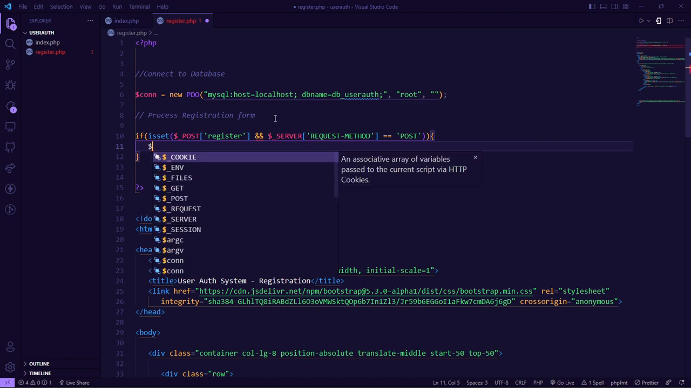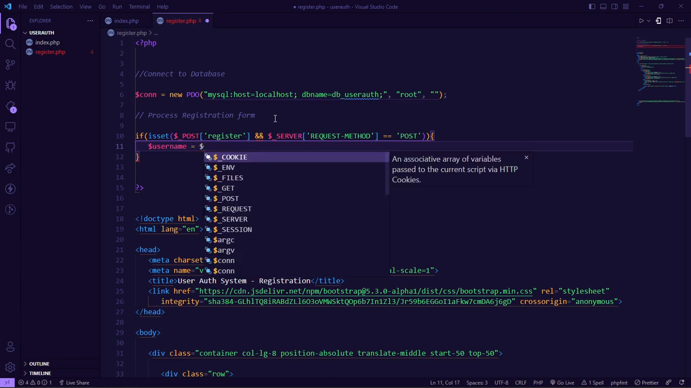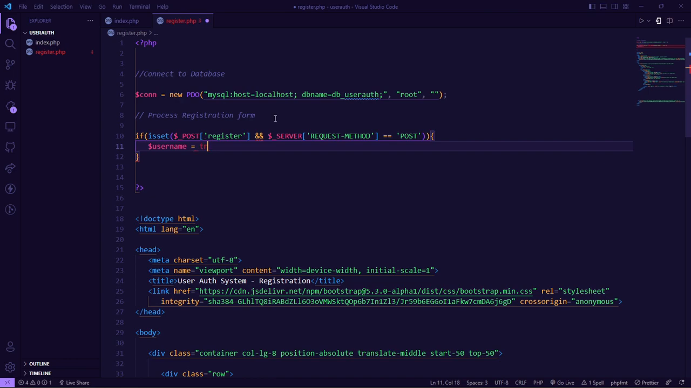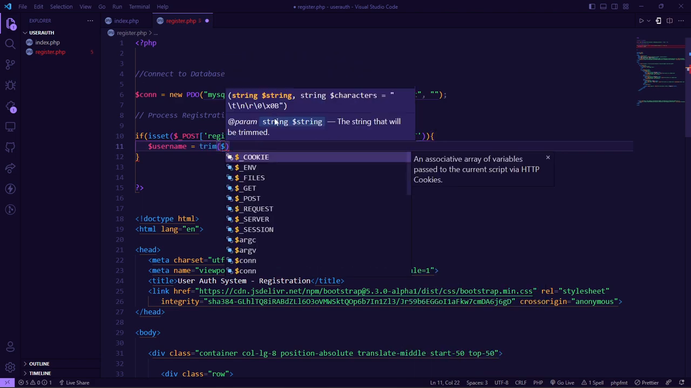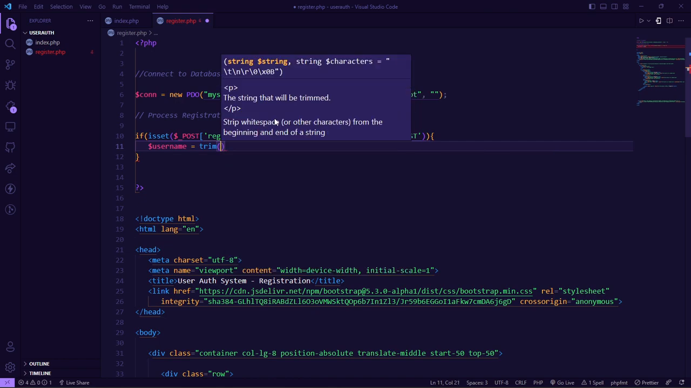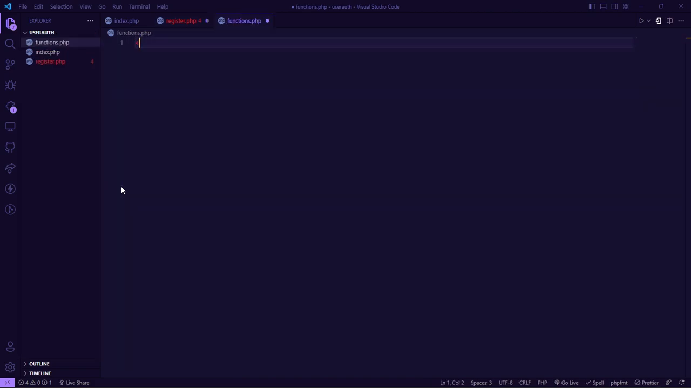First of all, you need to grab the username, and it should be, let me trim this one first. The trim function will remove any white spaces. All right, so trim POST, you know what, let me just introduce this concept. I'm going to create another file called functions.php, and I'll open my PHP tag, and I'll say function,